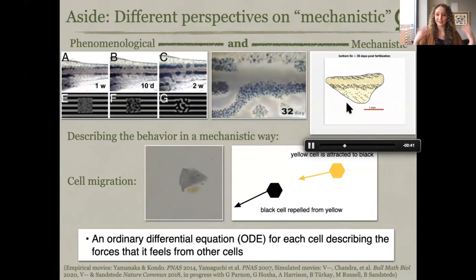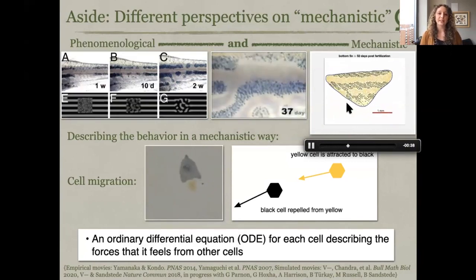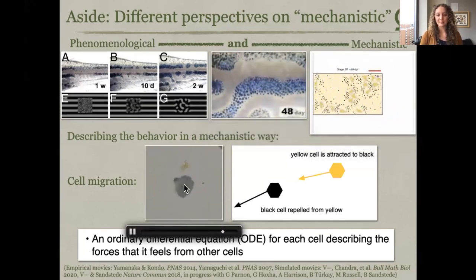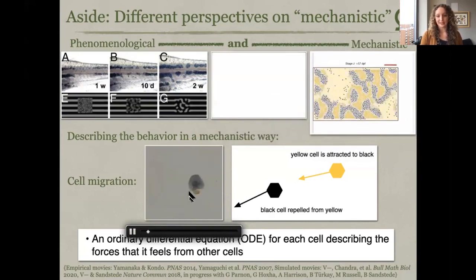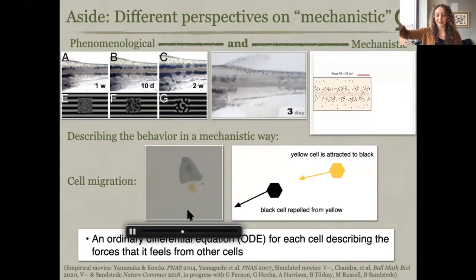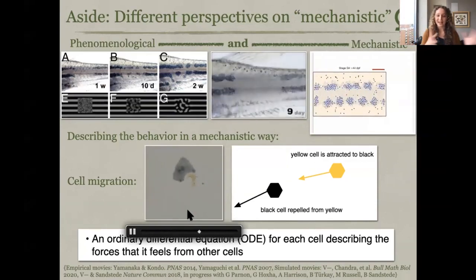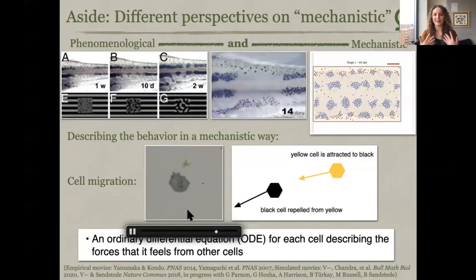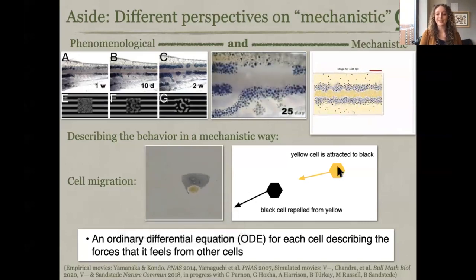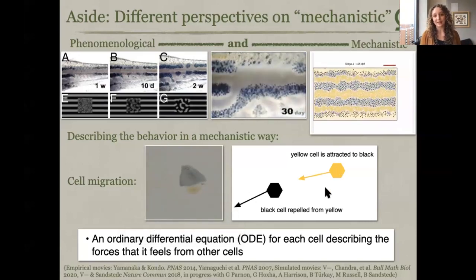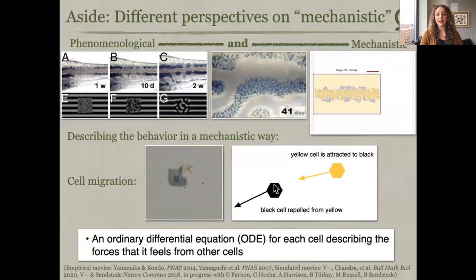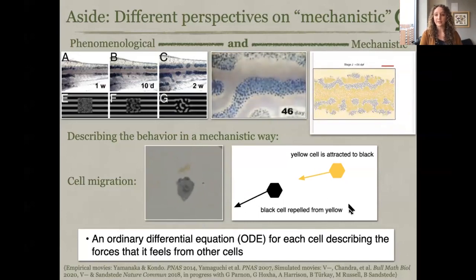One of the things that goes into this model is that we know biologically that there are black cells and yellow cells, and that the black cells lead the way and the yellow cells follow them. So you can see this video of a black cell leading the way and a yellow cell following. When I was building models, I took this and put it into a mathematical framework that I thought was pretty mechanistic, where you have a black cell being repelled and a yellow cell attracted to it. Mathematically, all you're doing is prescribing a differential equation that is repulsive for this one and attractive for this one.